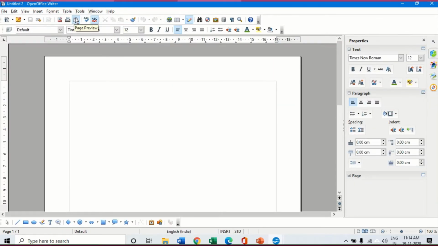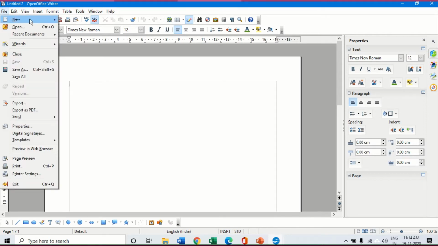Now this time I want to use that document. By default, when I open a new document, it will come as a blank document with Times New Roman, 12 size, bold, etc. I mean the format will be plain. Now if I want to use my template which I have created, I will click on file, new, and